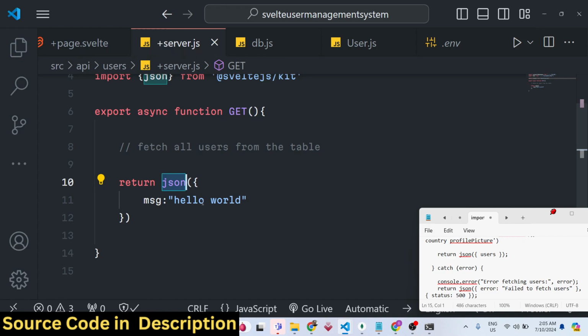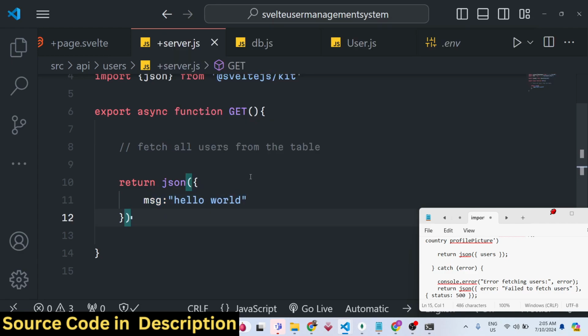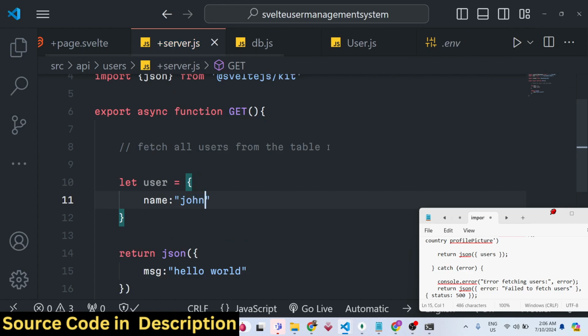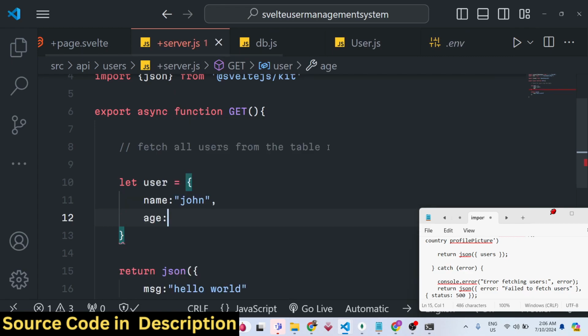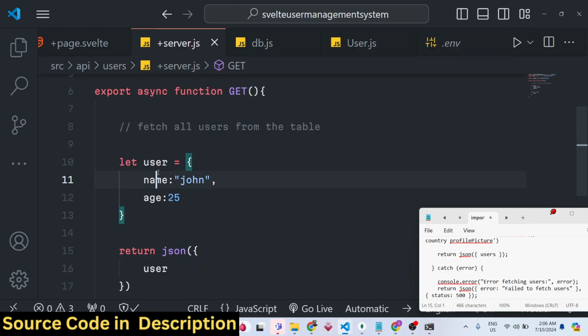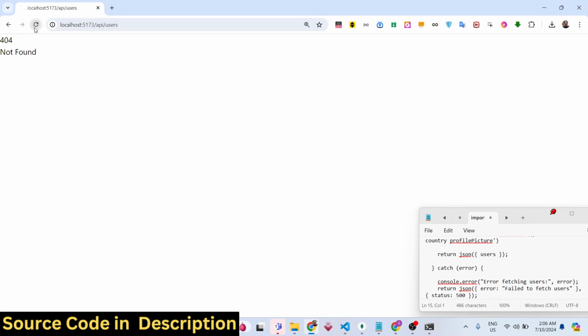So we are actually returning a JSON response right here. Return new json property right here. Let's suppose we have a user object we are returning. So we have a name property attached to it and an age property. Let me send this whole object as it is, which is user, directly. So we are returning this, and if I refresh now,